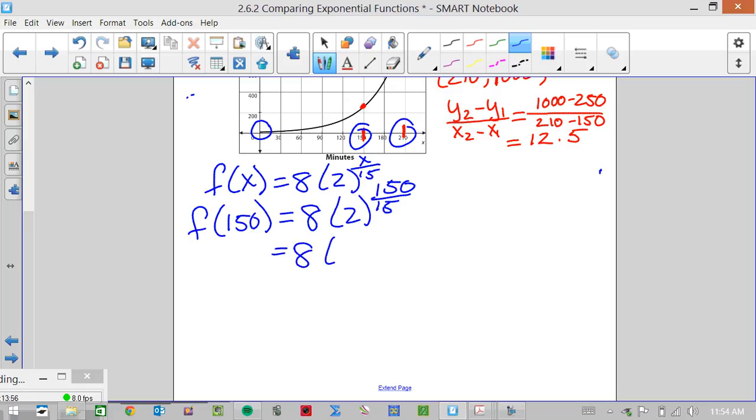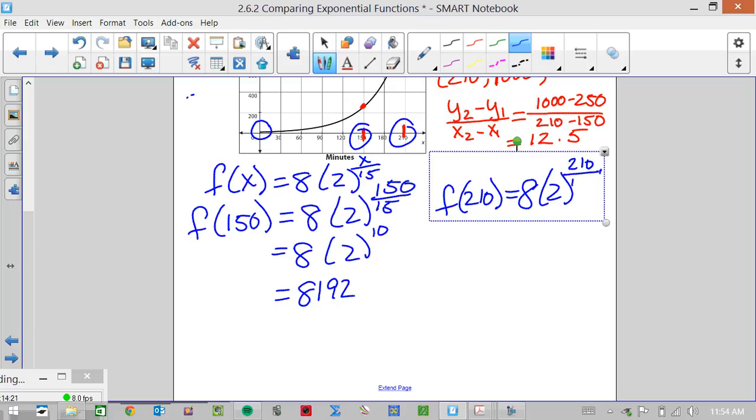Which is 8 times 2 to the 10th, which gives me 8,192. Next, I need to find f of 210. So that's 8 times 2 raised to the 210 divided by 15. And in this case, that's 8 times 2 raised to the 14th, which gives us